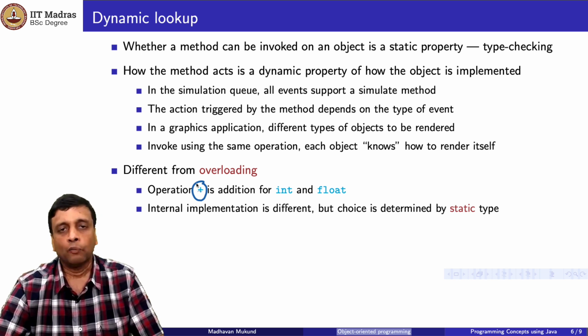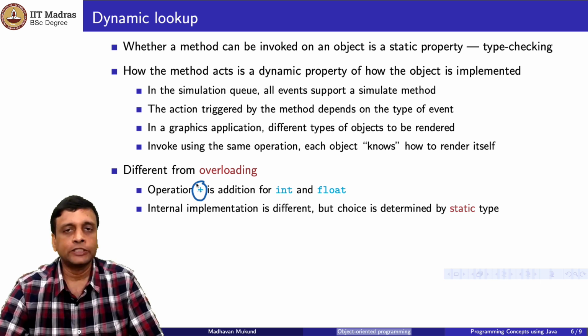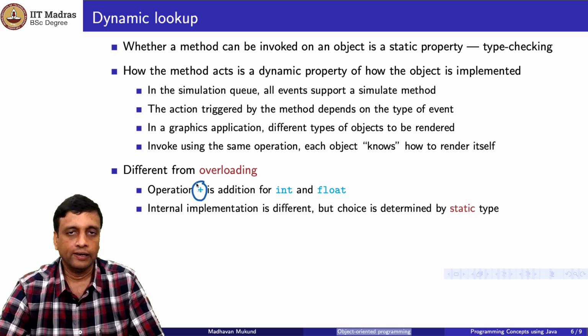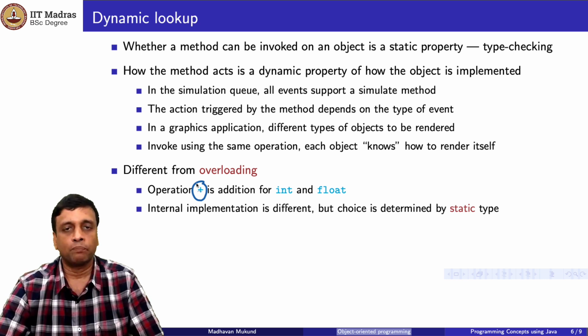But of course, representation wise, because of the way that bits are stored, ints are stored differently from floats. So the algorithmic operation of adding two integers stored in binary is different from the algorithmic operation required to add two floats stored in binary. Nevertheless, when we use it in our program, we don't want to write two separate things, a plus I and a plus f, so we just use a plus.